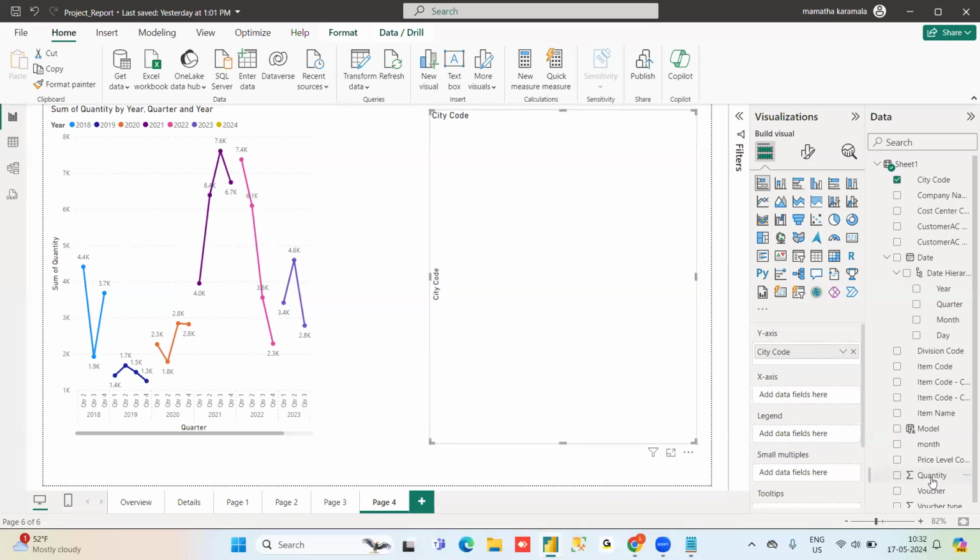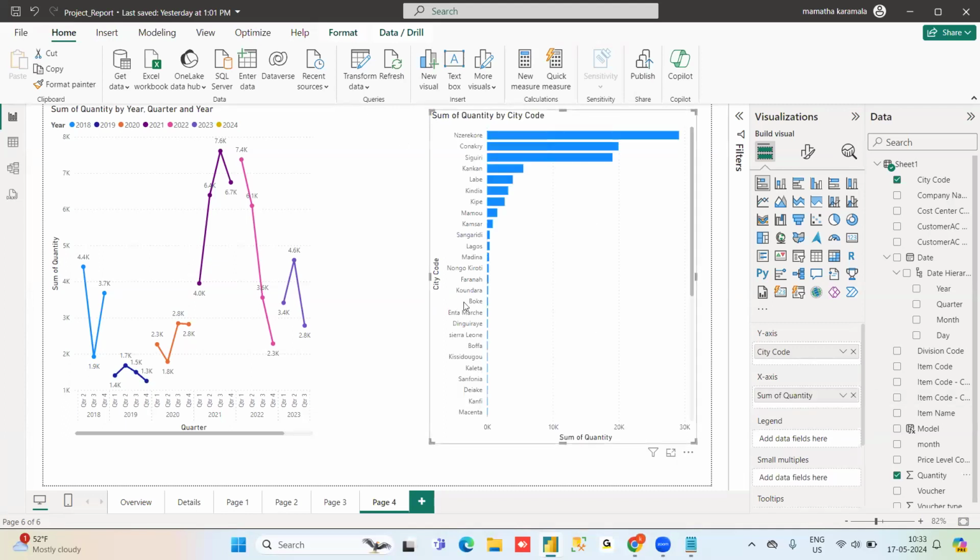I am just showing quantity. Especially in this visualization, I have plotted city-wise sales. I have plotted this visualization to see city-wise sales, which city has performed the highest sales. It is taking that one first, and next, it is by default arranging in order. To display this type of data, I will use this visualization.